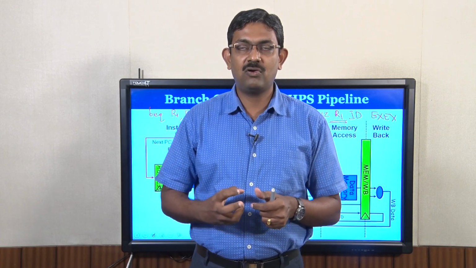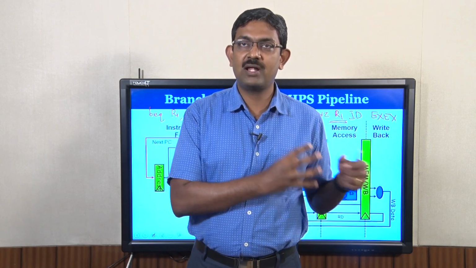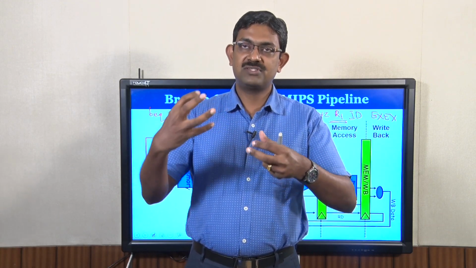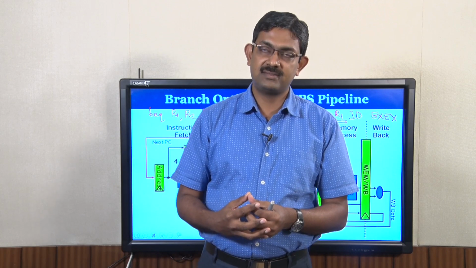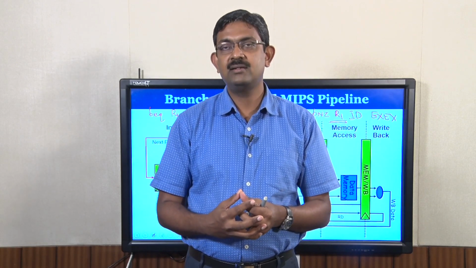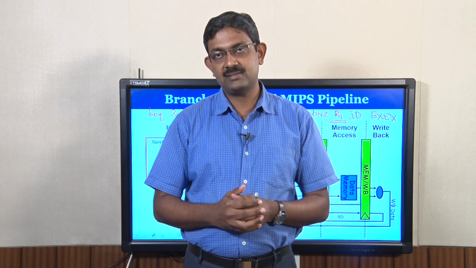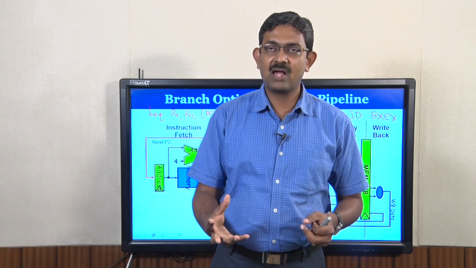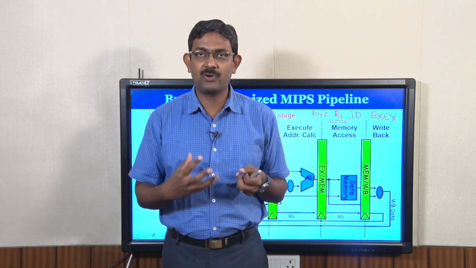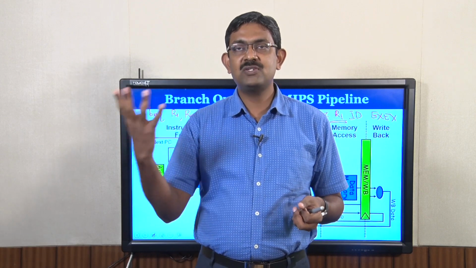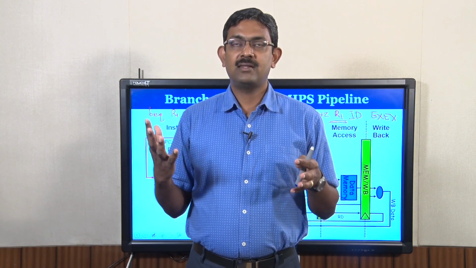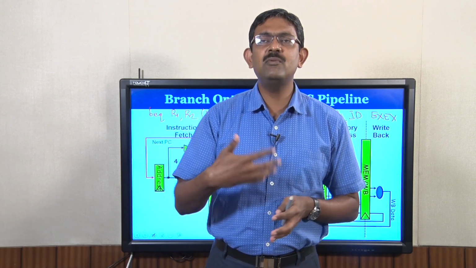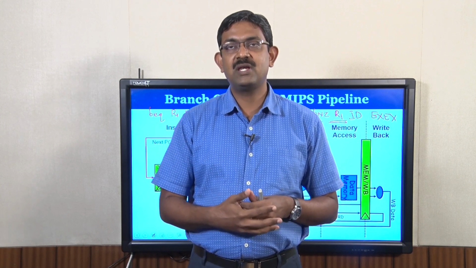So, equality check of 2 registers cannot be resolved at the ID stage, because to check whether 2 registers are equal or not, we have to subtract these register contents and then look for the sign of the resultant. It can happen only at the 3rd stage. But if you are dealing with only one operand, let us say R1, and checking whether R1 is equal to 0 or not equal to 0, and based upon that outcome a branch is taken or not taken, then the outcome of a branch can be known as early as the 2nd stage. We will deal with more of branches in the subsequent lectures.